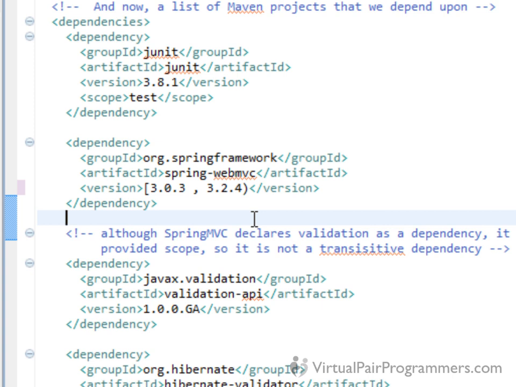It's version 4. I think it's around the end of 2013. But version 4 is going to be a big change. Now, it shouldn't be a breaking change, but it is going to be a big change. So maybe our QA department or our architect on the project or whoever might want to say, look, we want the latest possible version of Spring MVC 3, but we don't want to automatically upgrade to version 4